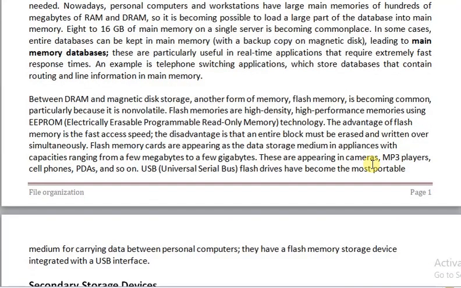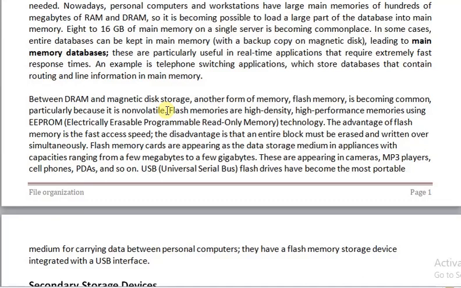Between the two classes of storage device, the primary memory and the secondary memory, there exists another type of memory unit called flash memory, which is commonly used nowadays, and it is a non-volatile storage unit. Non-volatile in the sense that it can permanently store the values as long as required. These flash memories are constructed using a type of read-only memory called electrically erasable programmable read-only memory.